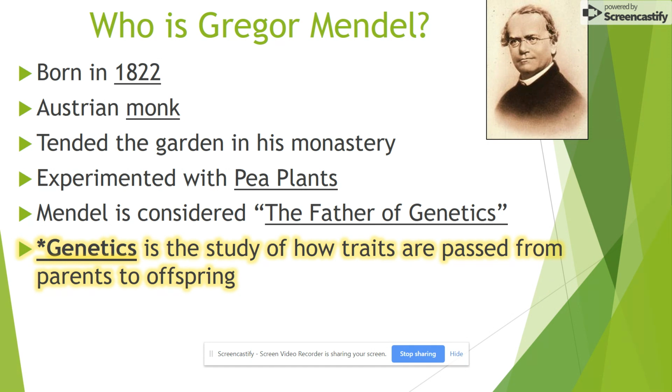We consider Gregor Mendel to be the father of genetics, and we call him the father of genetics because he's kind of the first one that figured out how heredity worked, how traits were passed down from parent to offspring. And genetics, you'll notice this is highlighted and underlined here. So I would like you to go ahead and pause the video at this time and add this to your glossary at the beginning of this unit. So you're going to put the word genetics, and you're just going to put down the page number, whatever page in your notebook that this is on. Okay, so again, go ahead and pause now.